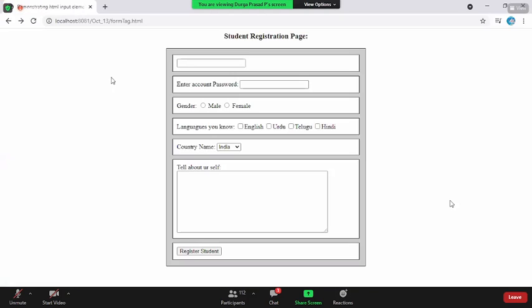Now, if you come back and reload the page, do you see the label being added in the text box itself? Yes. Now user gets to know that I need to add a name. Now I will say Raj. Whenever you fill the data, it will be automatically gone. So the advantage is you're saving the space.